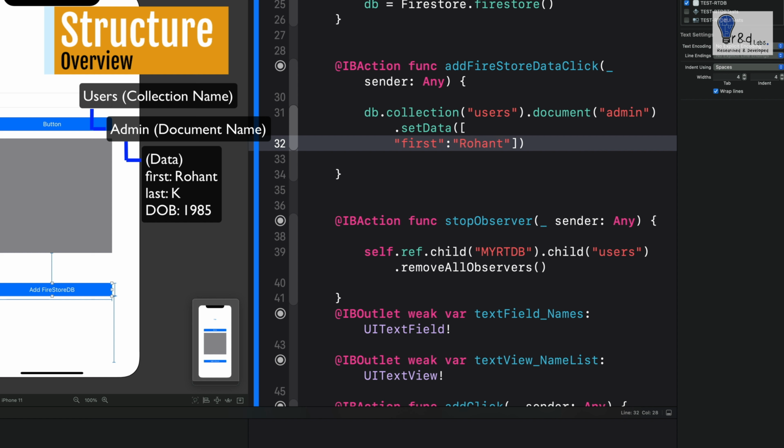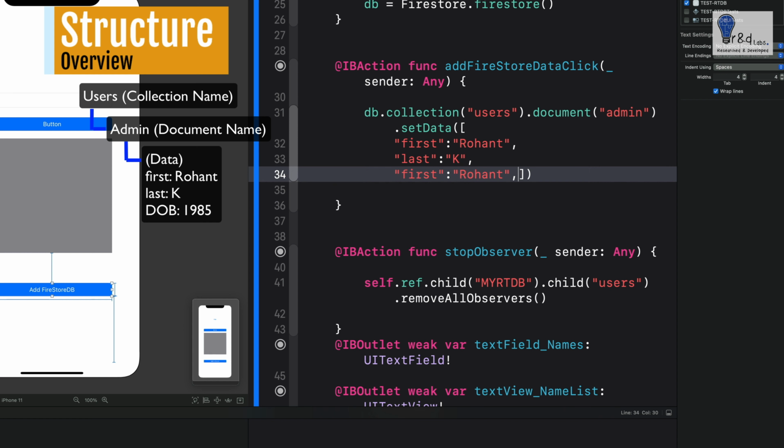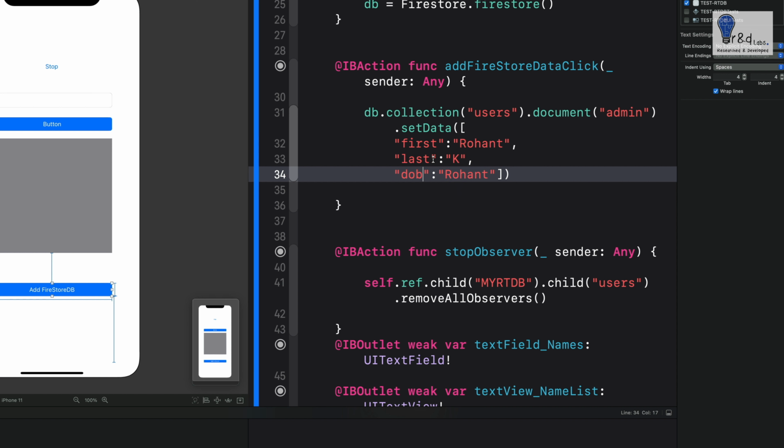Okay, so this is the first name, and then you can copy paste this, take it to another line, just say last and just say K, and I will again copy paste it, remove the comma, because I don't want this to repeat. Okay, so we will have three elements within it, so I'll just say